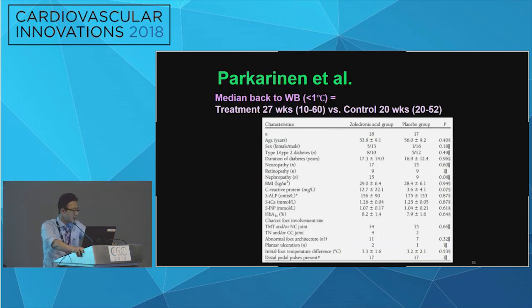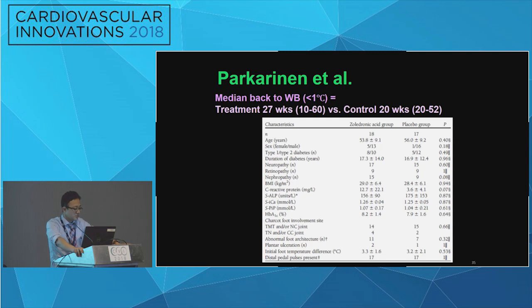Until this Perkinian guy came from the Middle East or India, I forgot, but he always does this to the scientific community, and they try to come up with a contradictory result. He did that again, looking at the zoledronate and its efficacy on Charcot patients, and the result was that if you're using the bisphosphonate, the treatment time was 27 weeks versus control was 20 weeks. They didn't find any significant difference, but it looks like you shouldn't be using the bisphosphonate in this type of situation. But if you look at this study,